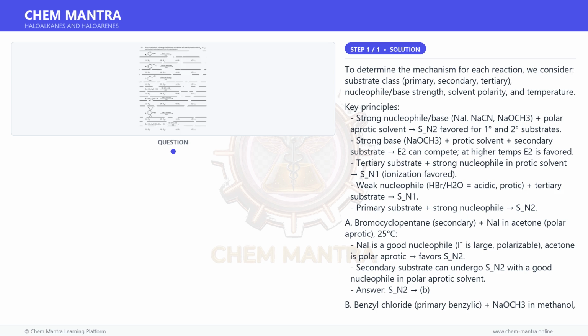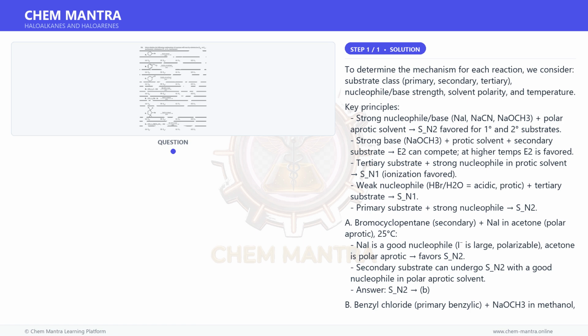To determine the mechanism for each reaction, we consider substrate class (primary, secondary, tertiary), nucleophile or base strength, solvent polarity, and temperature. Key principles: strong nucleophile/base, NaCN, NaOCH3, plus polar aprotic solvent: SN2 is favored for 1° and 2° substrates. Strong base, NaOCH3, plus protic solvent plus secondary substrate: E2 can compete, and at higher temperatures E2